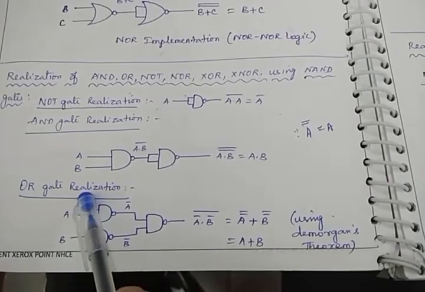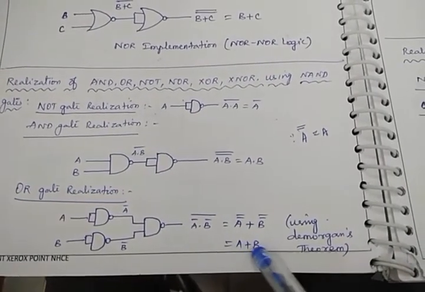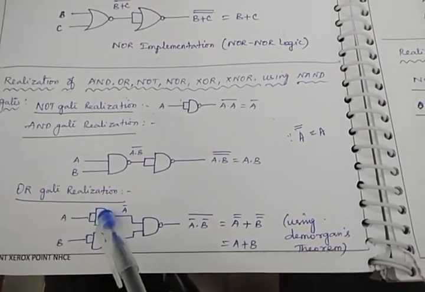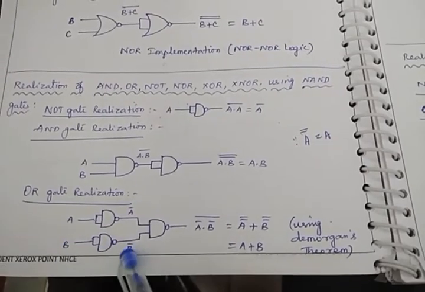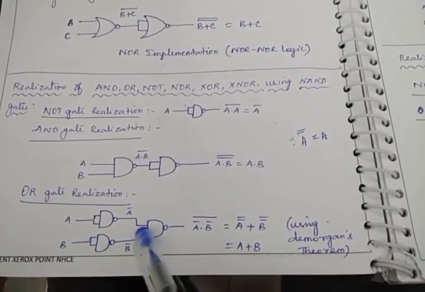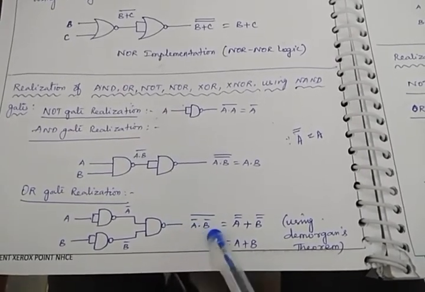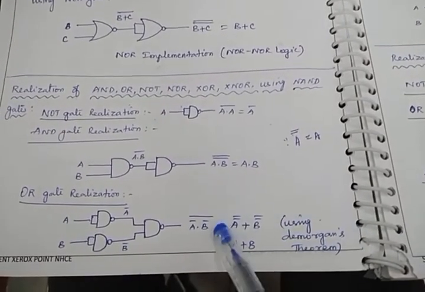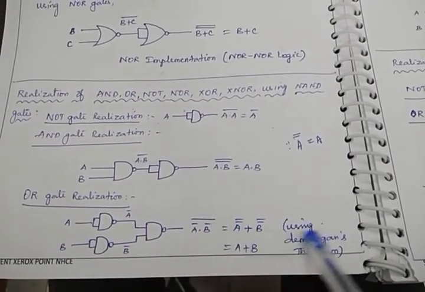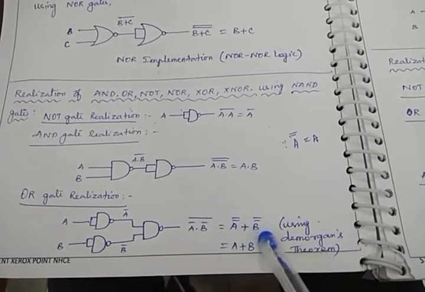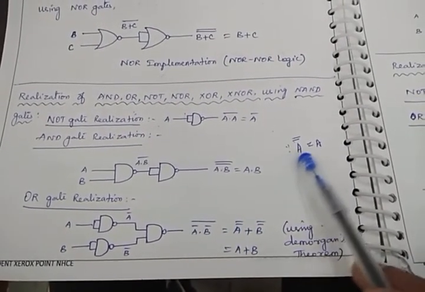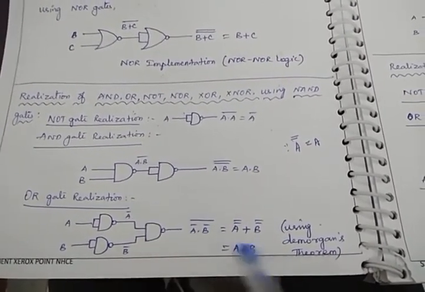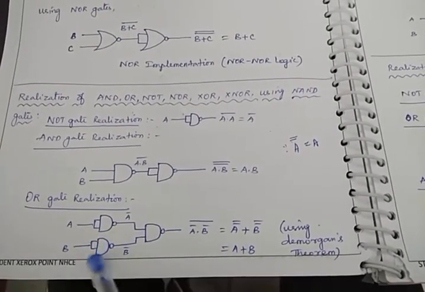So next we'll see OR gate. OR gate output we know is A plus B. Right? See here I am connecting a NAND gate individually to A and B. So I'll be getting here A bar and here B bar. Both A bar and B bar are given to the NAND gate. Then I will be getting here A bar dot B bar whole bar. Here I am applying De Morgan's theorem. So when I apply De Morgan's theorem, I will be getting A double bar plus B double bar. We already know A double bar equals A. So you will be getting A plus B. So this is the output of OR gate. So we realized the output of OR gate by using only NAND gates.